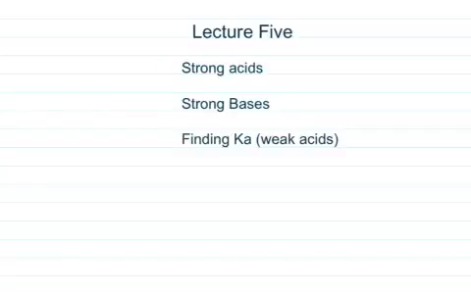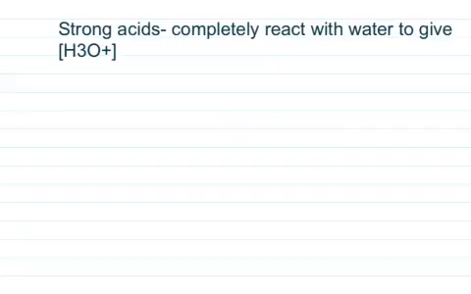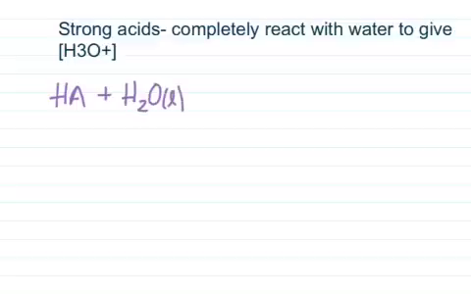Today we're going to talk about strong acids, strong bases, and finding the Ka for weak acids. Strong acids completely react with water to give hydronium. So we have a strong acid, either a gas or a liquid, plus water, pure liquid. When I'm talking about the liquid for the acid, it's an aqueous solution, aka it's mixed with water. And then it goes to hydronium,